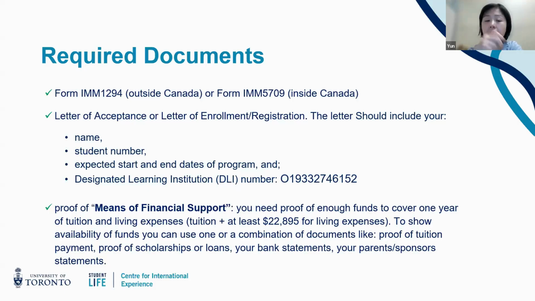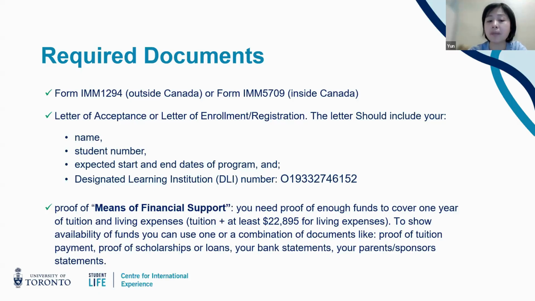I'm referring to inside Canada because I know that we have students who are just graduating from their high school, and they are applying from inside Canada for their study permit to study at U of T. In both cases, you must use a letter of acceptance along with your application, regardless of where you submit the application. But for current students or returning students, you don't use the letter of acceptance anymore,